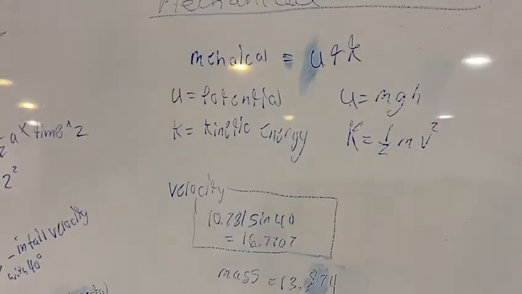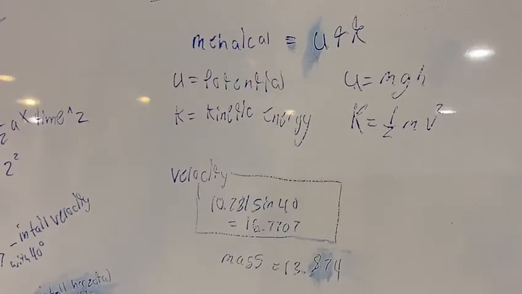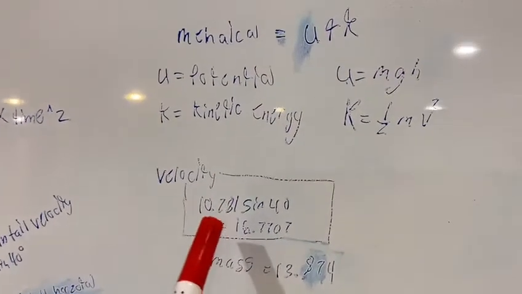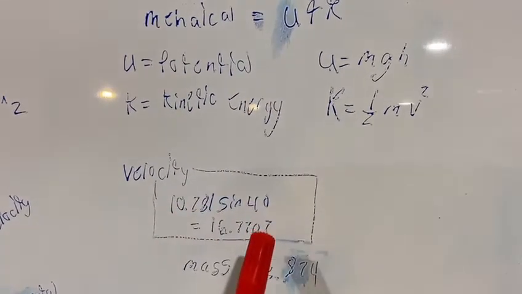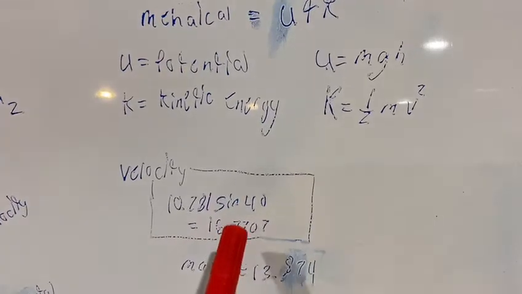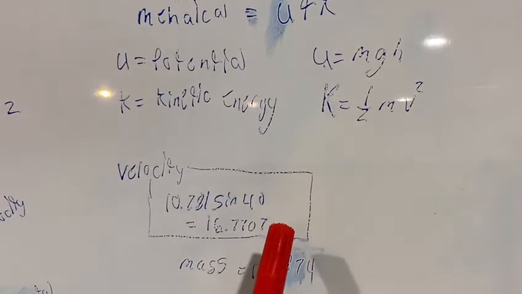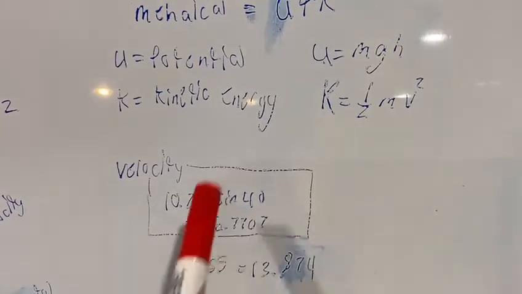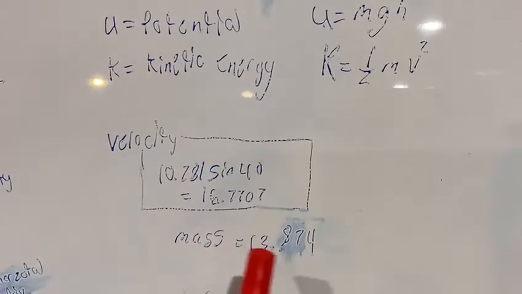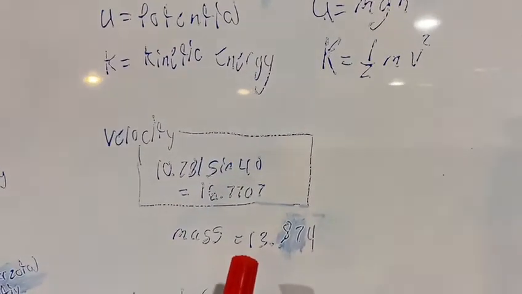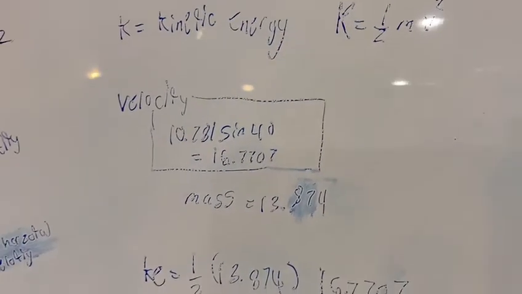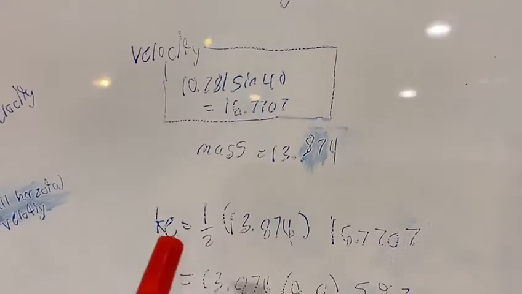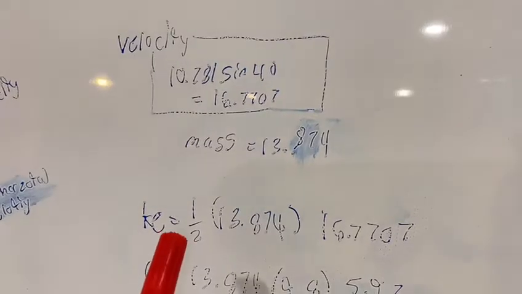So now, which we've done before on over here, if you could fully see before, you just do 10.78 sin 40, which gives you 16.7707, and that's what you get for velocity. Now, the mass is already given within the video, which is 13.874, and this is the end result to this, which is kinetic energy, which